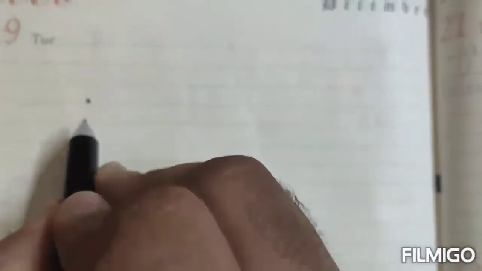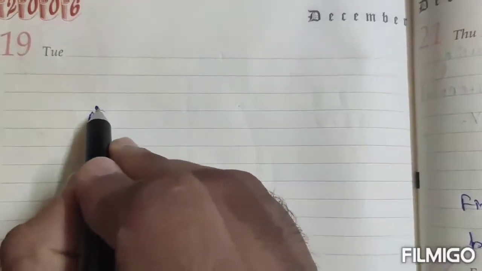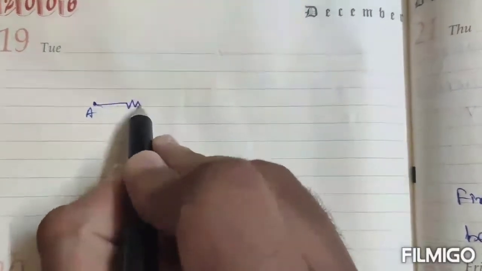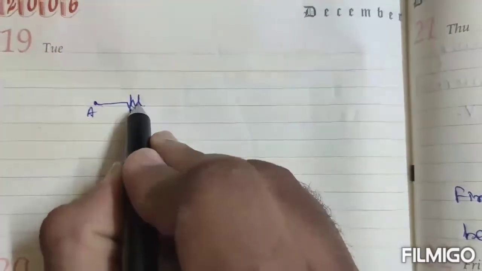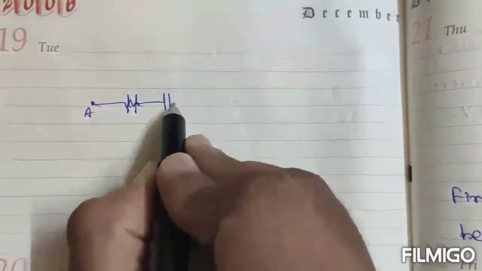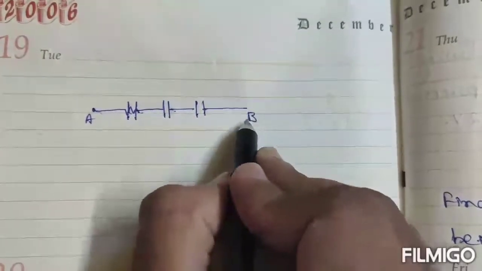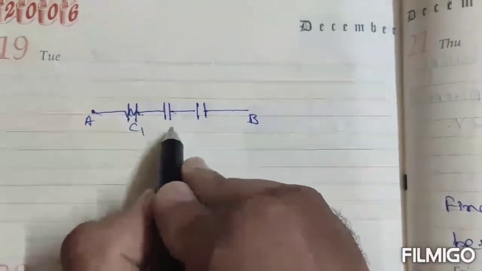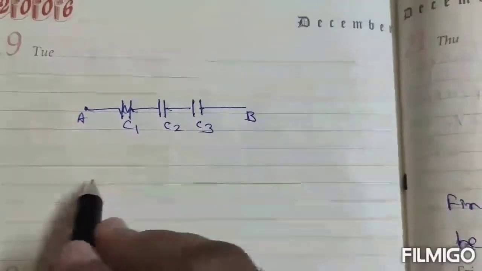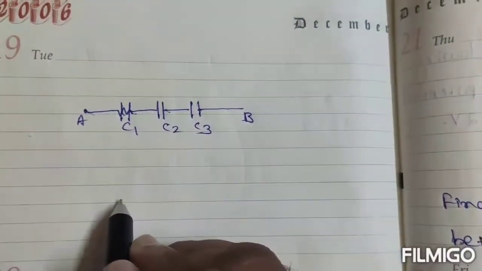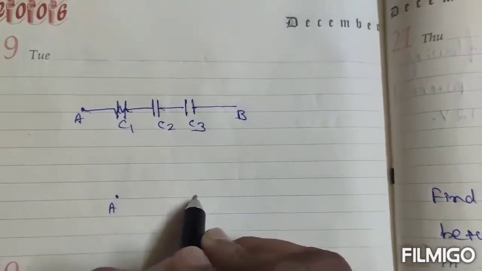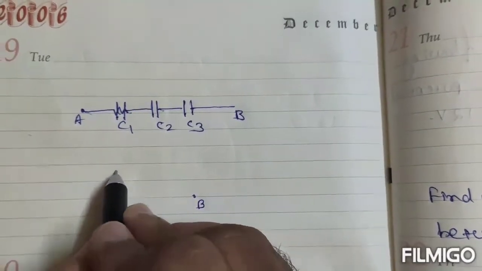Series connection is nothing but if this is point A and from here one capacitor is connected like this, another capacitor is connected like this, another capacitor is connected like this, means in series if they are connected, then it is called as C1, C2, C3. This is called as a series connection, right? And what is a parallel connection is if this is A and this is B, so